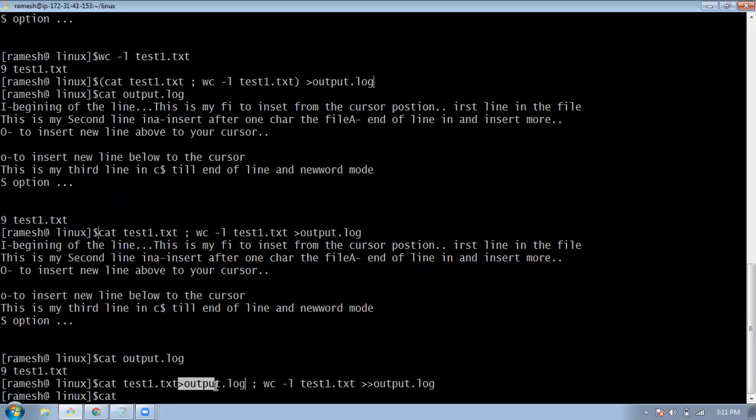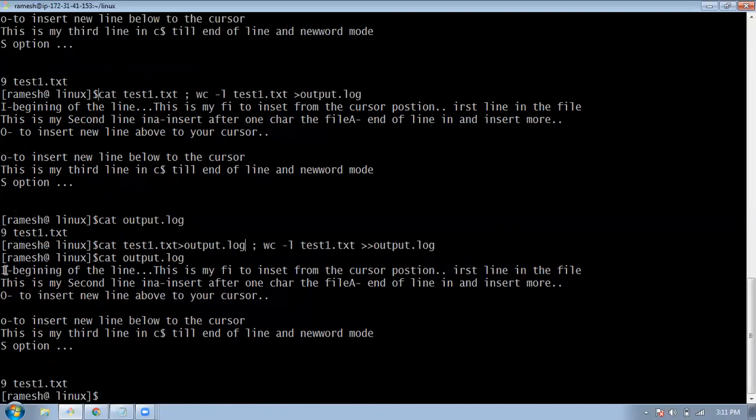See, this is also working, but here you have to write it two times. This is override and this is append. Now you are clear with combining two or more commands using the operator called semicolon.